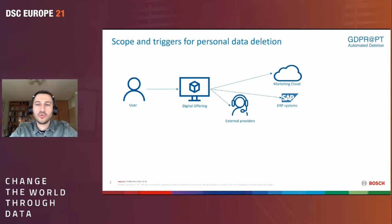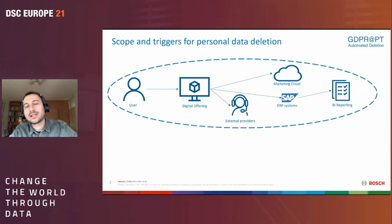It can either go to our marketing cloud, it can go into our SAP system or our ERP system managed by SAP, or it could go to some of our external service providers. If the data goes to our marketing cloud, it stays there. If the data goes to our external service provider, it stays there. If the data goes to an ERP system, it is being pushed to BI reporting. And this sort of completes this little picture as to how and why we collect data and which type of